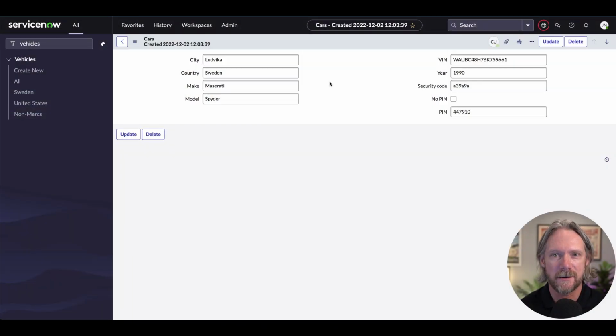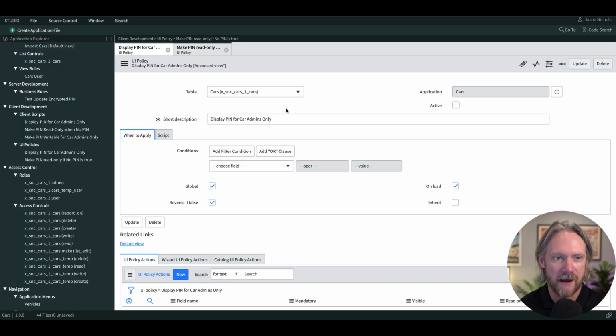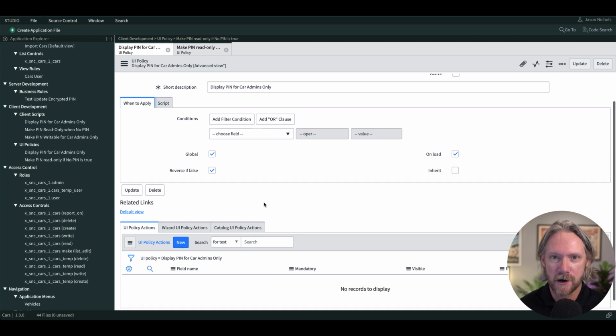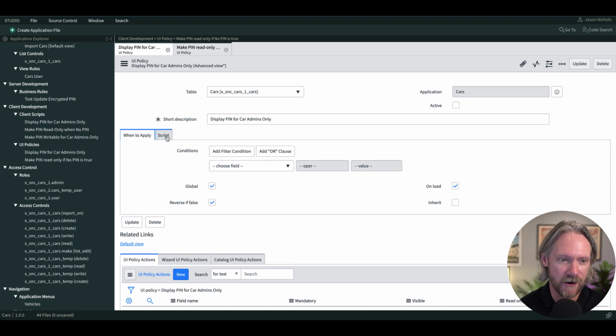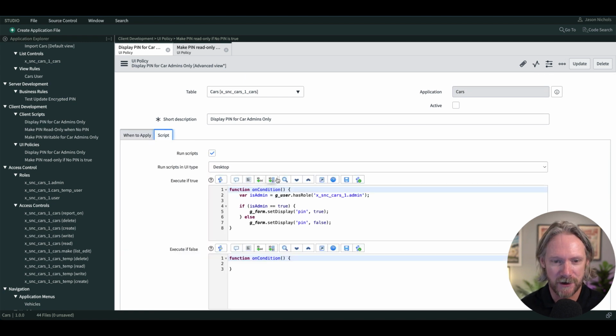Okay, so we're going to use the same example that we did in the last video. We are going to show and hide the pin field under certain conditions. Let me go to ServiceNow Studio, and I have a simple UI policy here. There are actually no conditions associated with this UI policy. There are no UI policy actions. Everything I've got here is contained in a script. It's a little bit nonsensical. I wouldn't implement it like this in real life, but just for demonstration purposes, we have got a script here